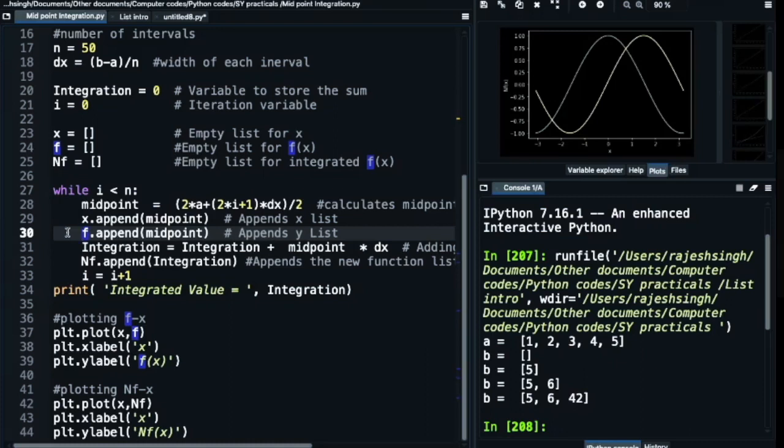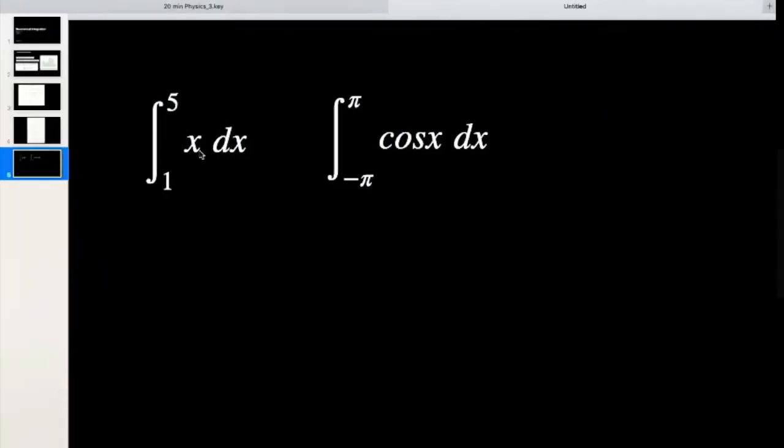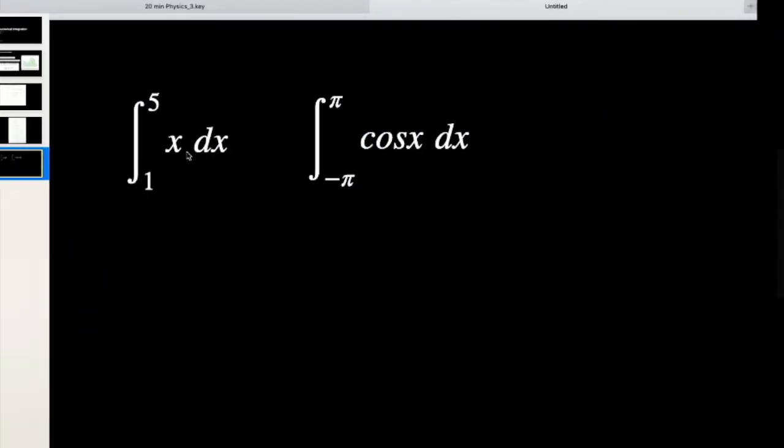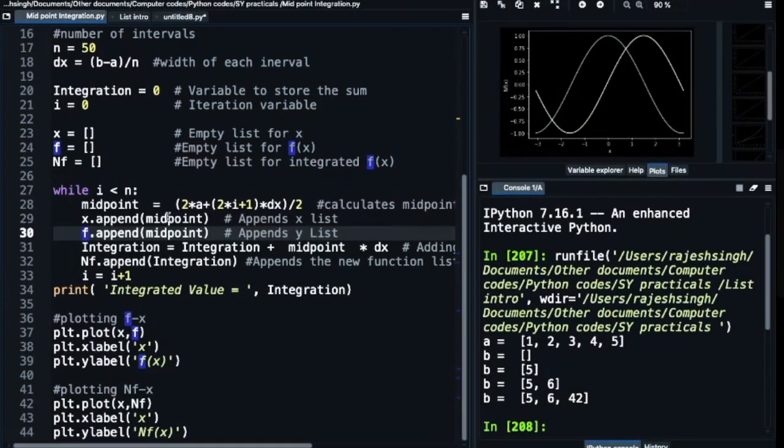Now, please be careful here: remember we are using a linear function. So f of x is equal to x. So once you have calculated the midpoint as x, you can use the same value to append your f also, because the value of x is the same as the value of f.